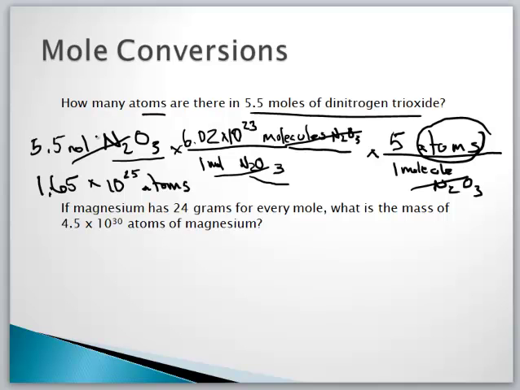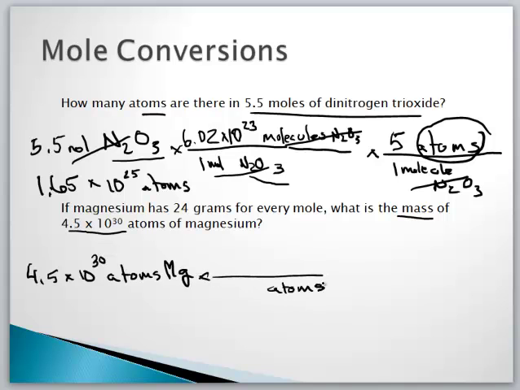Alright, let's move on. Next question says, what's the mass of 4.5 times 10 to the 30th atoms of magnesium? Again, start with the given, so we'll start with 4.5 times 10 to the 30th atoms of magnesium, and we'll start our conversions. So we're going to put atoms of magnesium in the denominator, and the only thing we can go from atoms to is moles. So we're going to say there are 6.02 times 10 to the 23rd atoms of magnesium in